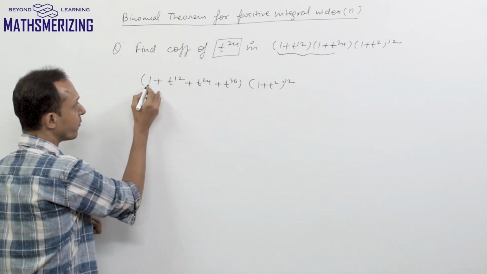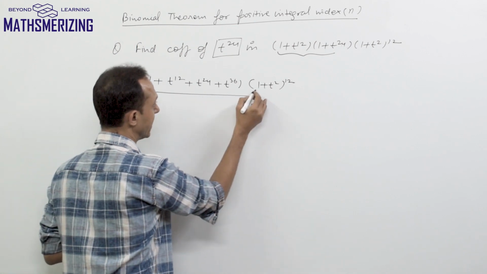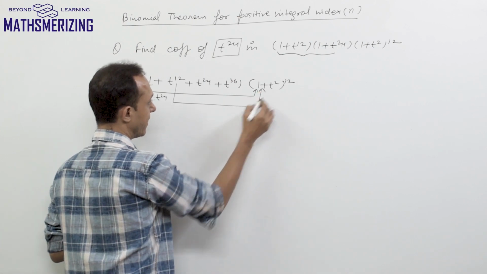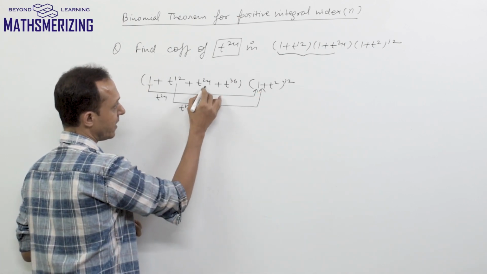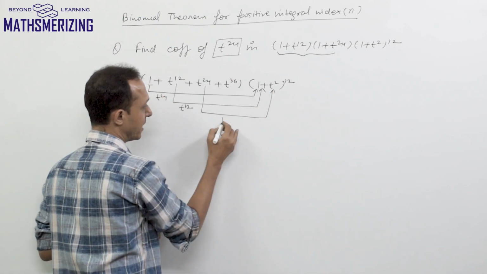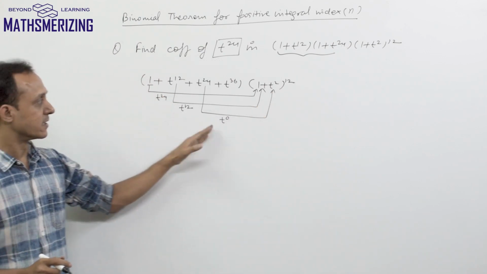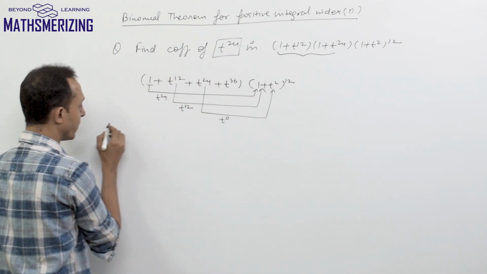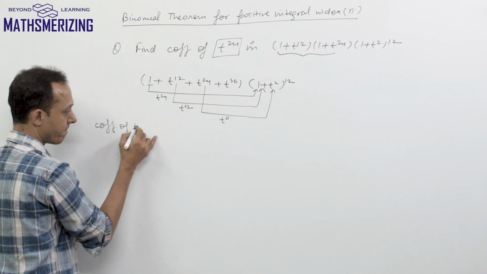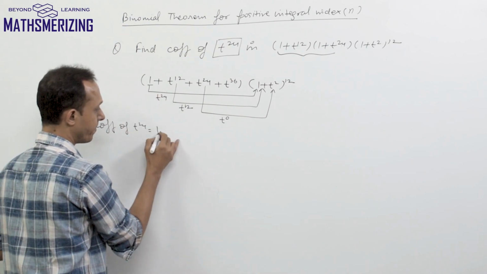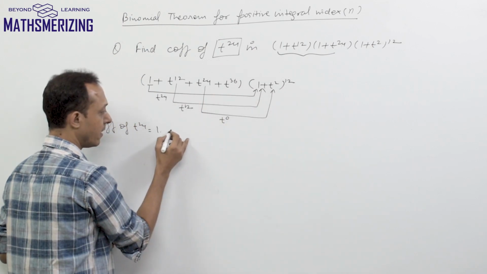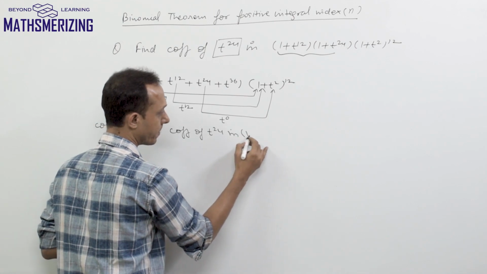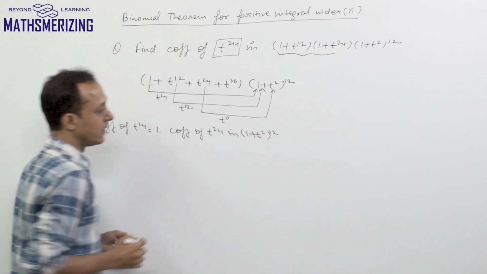So I'll get t to the power 24 when this 1 gets multiplied with t to the power 24, when t to the power 12 gets multiplied with t to the power 12, and when t to the power 24 gets multiplied with t to the power 0. So these are the three cases. And for 36, I cannot make it 24. So here, the coefficient of t to the power 24 will be, so here the coefficient is 1, and from the right hand side I need the coefficient of t to the power 24 in (1 plus t squared) to the power 12